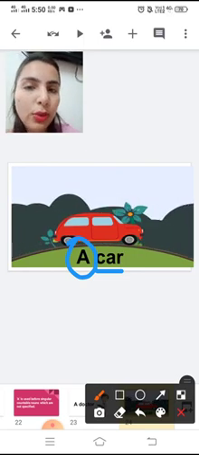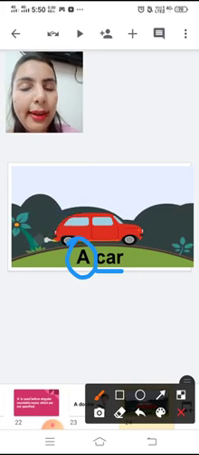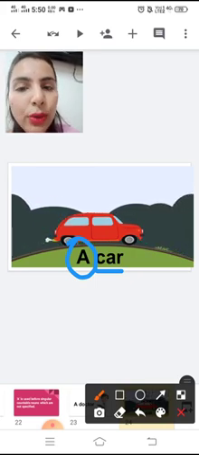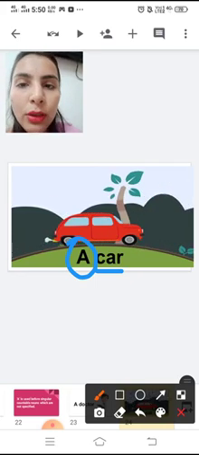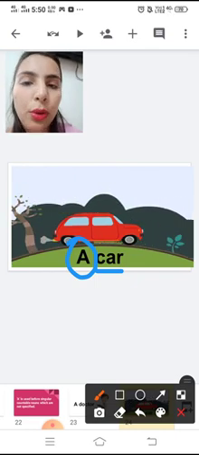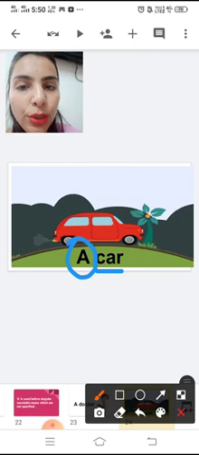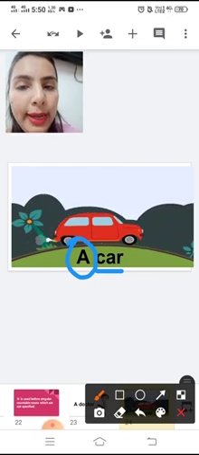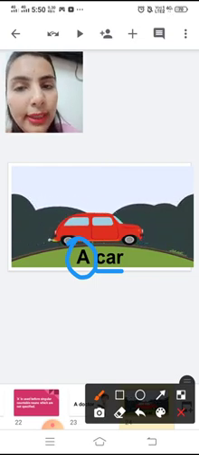In a similar way we can use A with different consonant words, that means the words which start with a consonant. And whenever a word starts with the vowels A, E, I, O, U, we use N before these words.